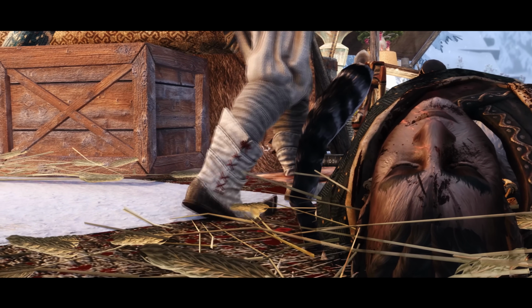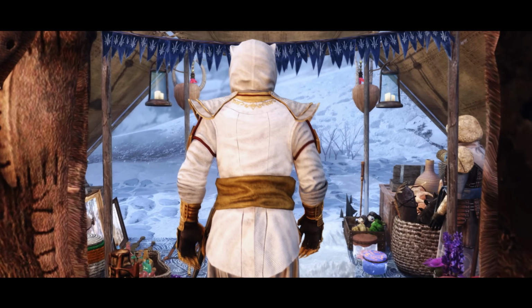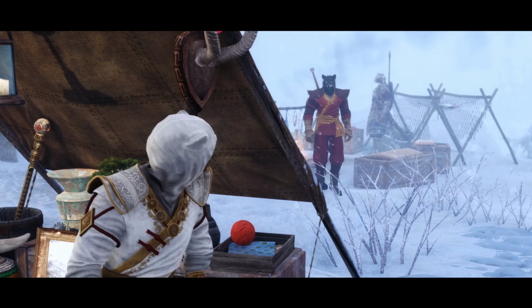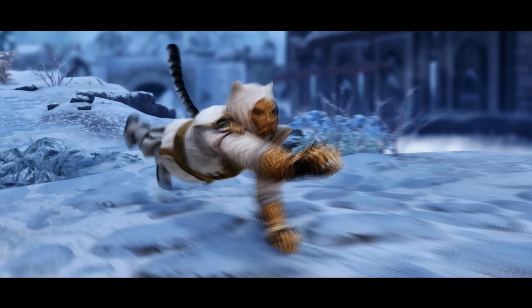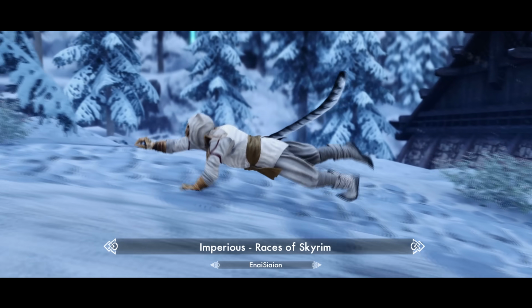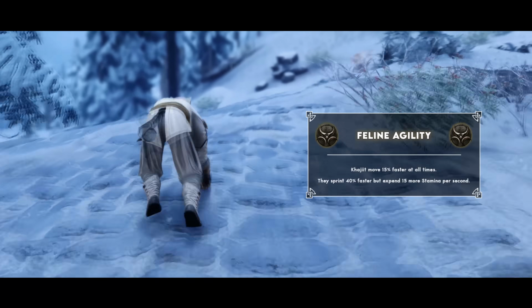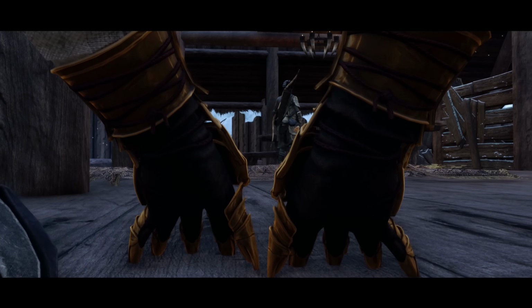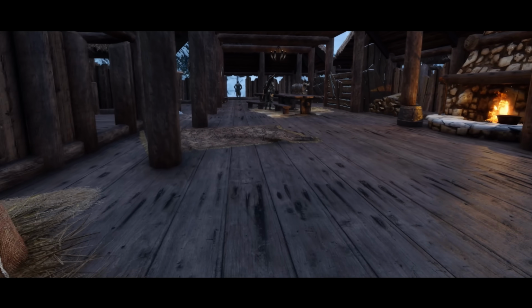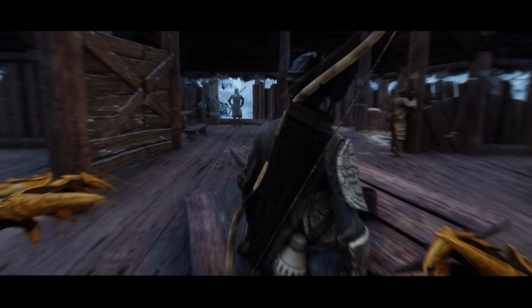At the end of the day, gameplay is the core of every RPG experience, so we will be adding systems that make Khajiit gameplay unique and engaging. Utilizing the race-themed mod Imperious, our Khajiit will have feline agility, sprinting 40% faster with more stamina expended per second. Prowl will make sneaking half as loud, and will allow Khajiit to expend 60 stamina for a powerful leap to